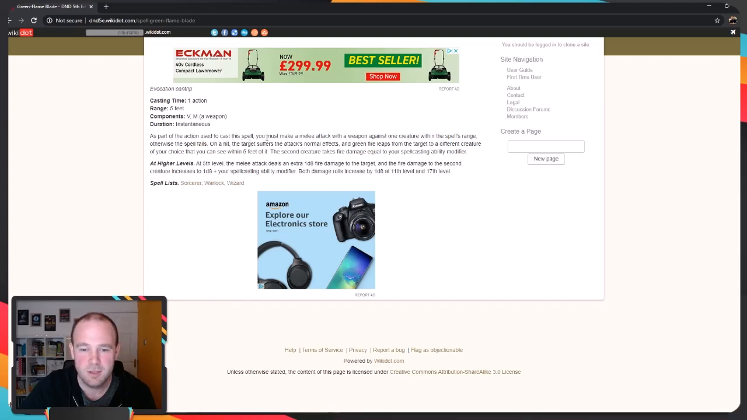On a hit, the target suffers the attack's normal effects, and green fire leaps from the target to a different creature of your choice that you can see within 5 feet of it. The second creature takes fire damage equal to your spellcasting ability modifier. So I cast the spell and then hit a target, and fire leaps from that target to hit another target. Okay. Now, I don't mind that,